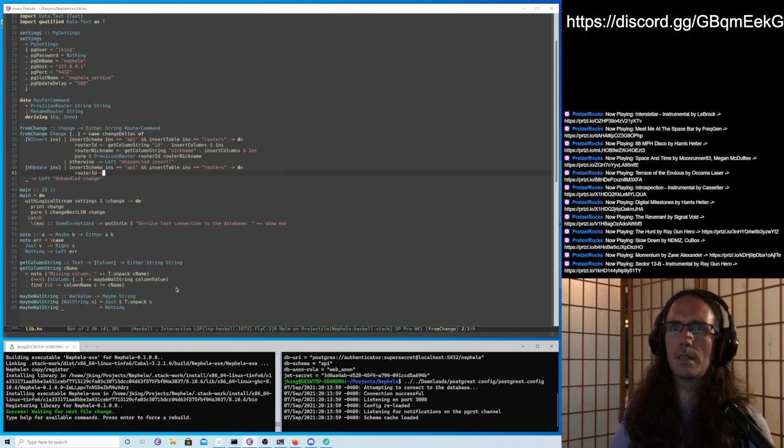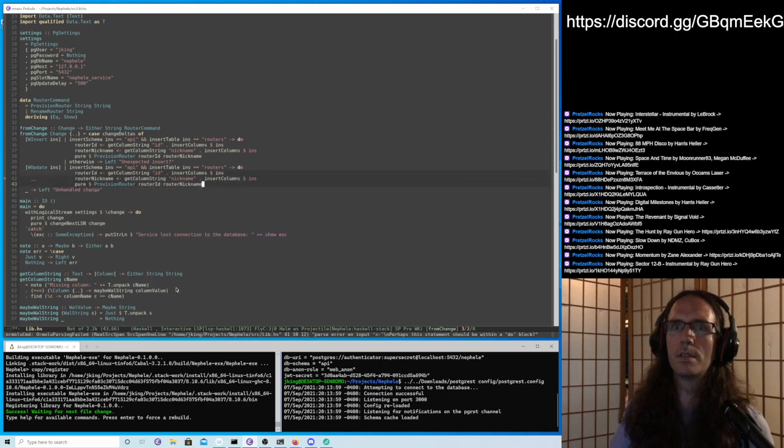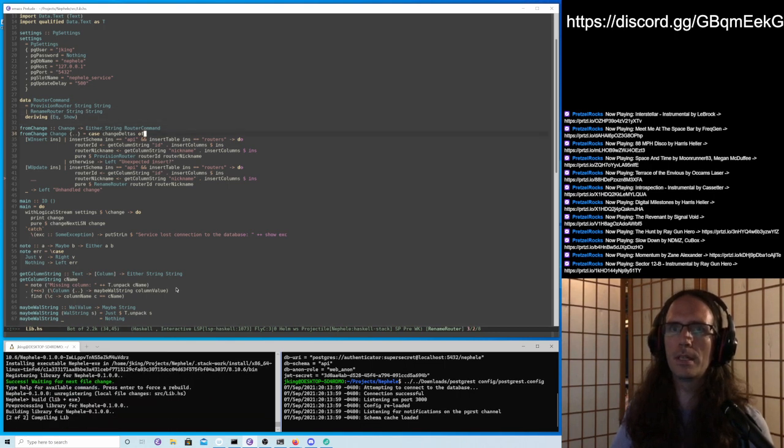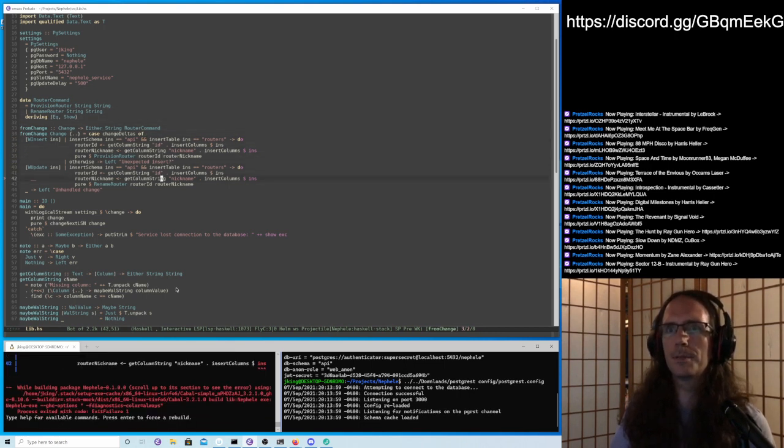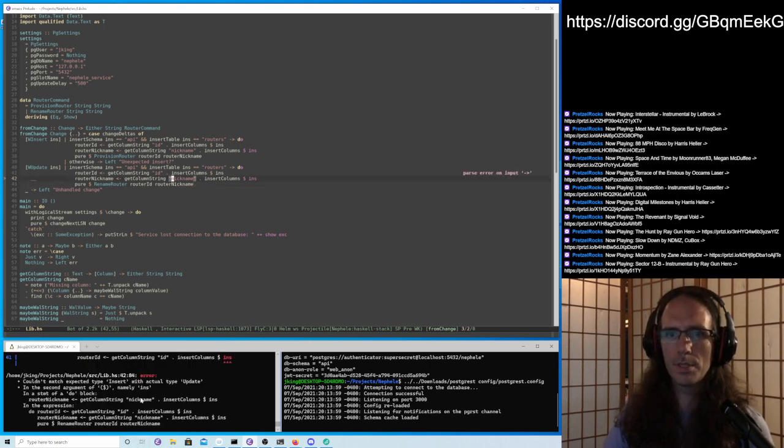Router ID. In fact, I think we could probably just copy that whole thing. We'll just change it from provision router to rename router. And it'll be string, the router ID, and the nickname. And what's the problem here? Oh, right, we're pattern matching on inserts still here.